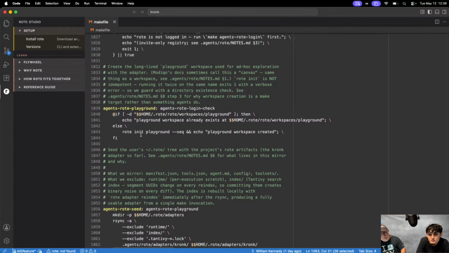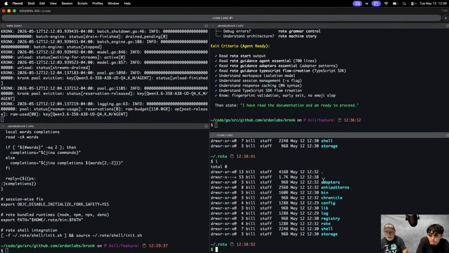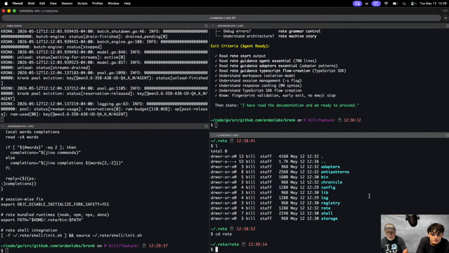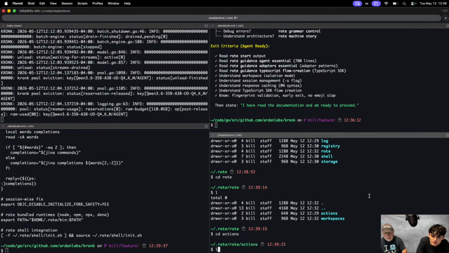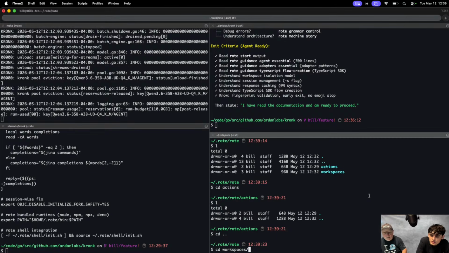Now, it did run this rote init playground sequence, but maybe until we do something, it's not going to create that just yet. Oh, no, it's in the rote folder. Sorry. It's a rote thing. So rote actions, workspace. It's in actions. Nothing yet.